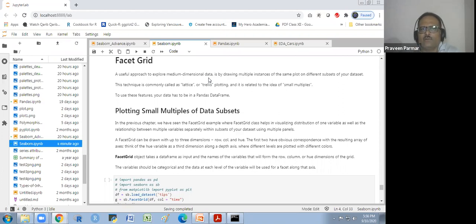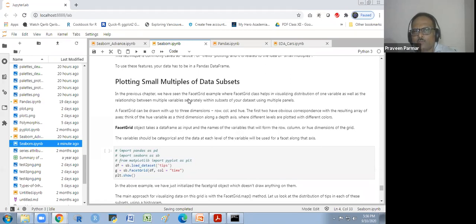This technique is commonly called lattice or trellis plotting, and it is related to the idea of small multiples. To use these features, your data has to be in a pandas data frame. That is very important.